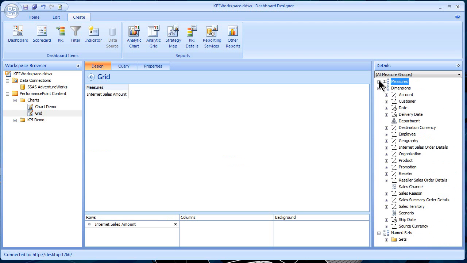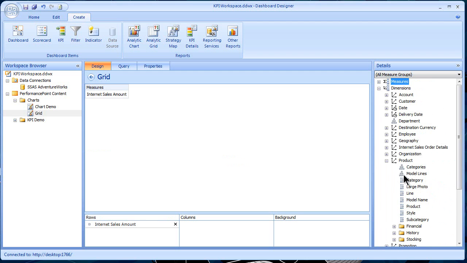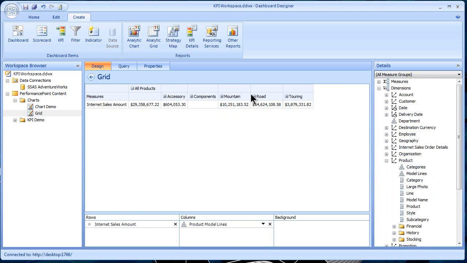Now I'll come down here in my dimensions. I'm going to find product, product models, and drop that on the columns. And now we have a grid instead of a graphic display. So if I come through and expand out all products, as you can see, I can expand down here and